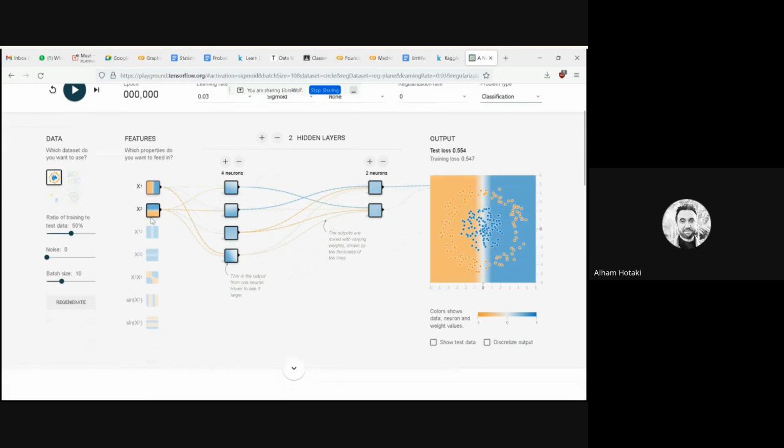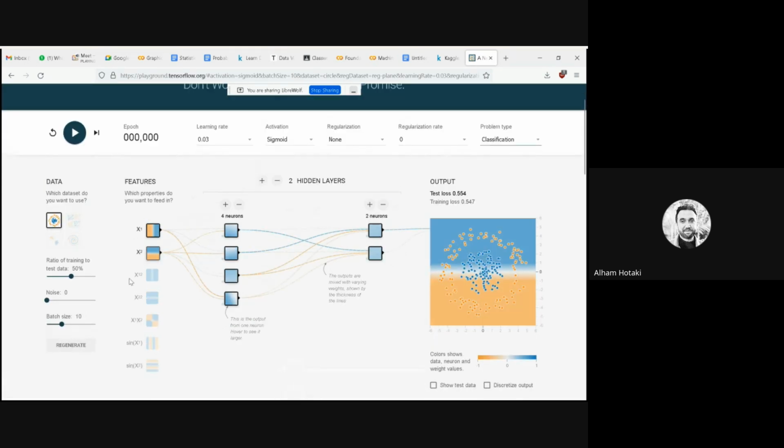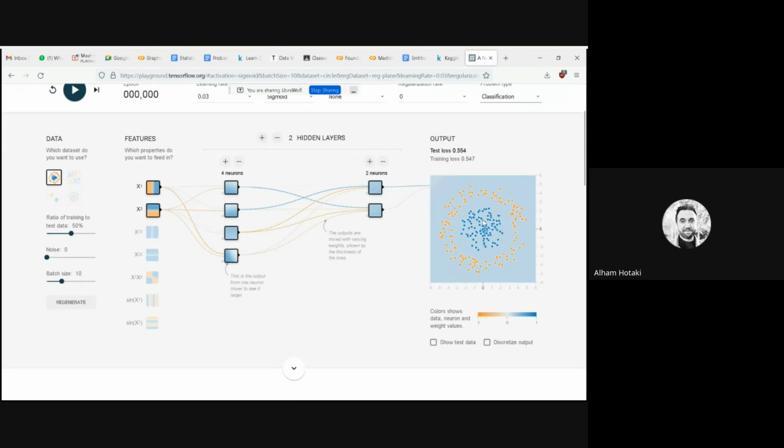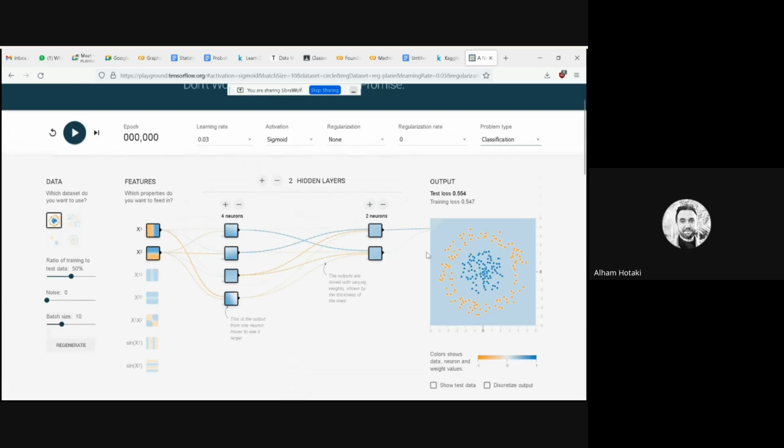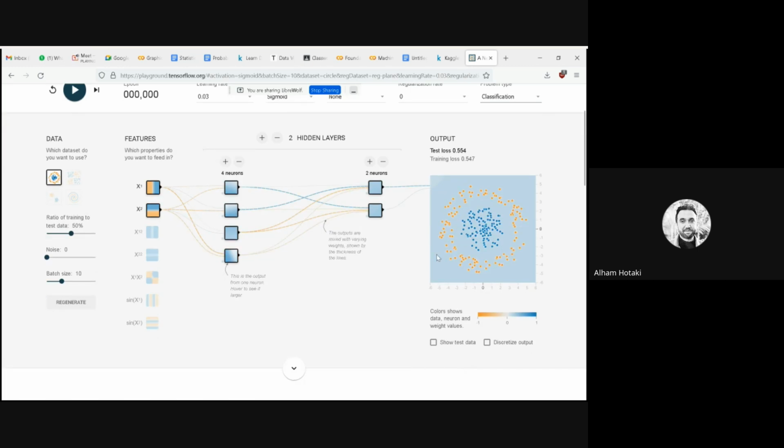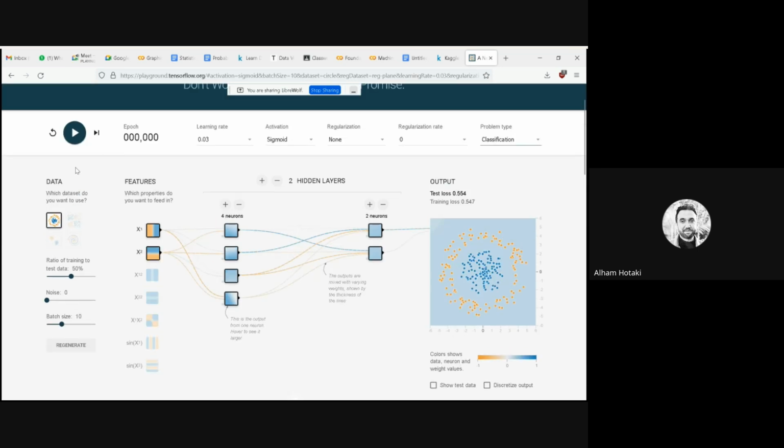These are the features that you provide to the network, and these are the 4 neurons that you are having, and this is the data. These are your data points. Now the computer decided that all these data points are blue, and all these others are orange. This classification problem can only be